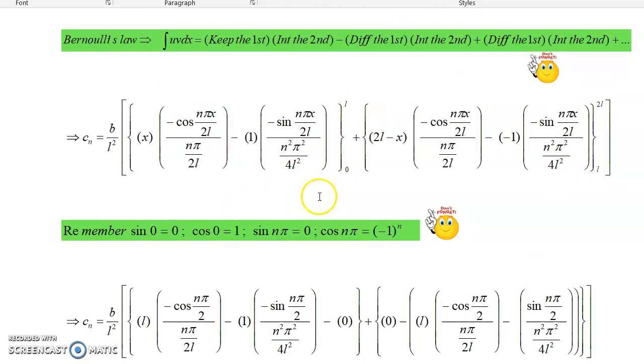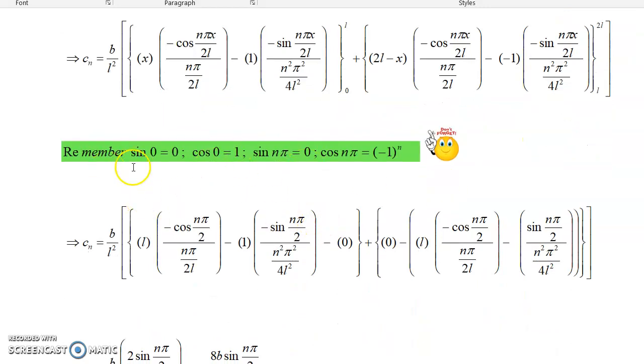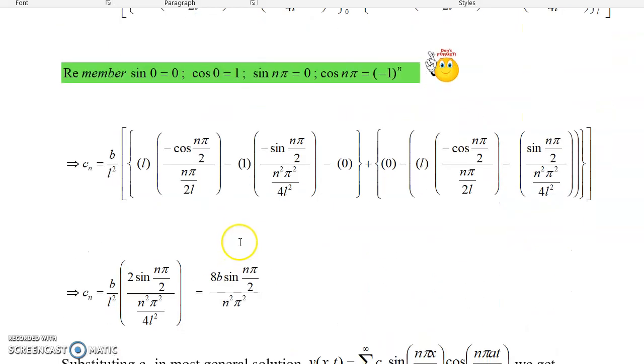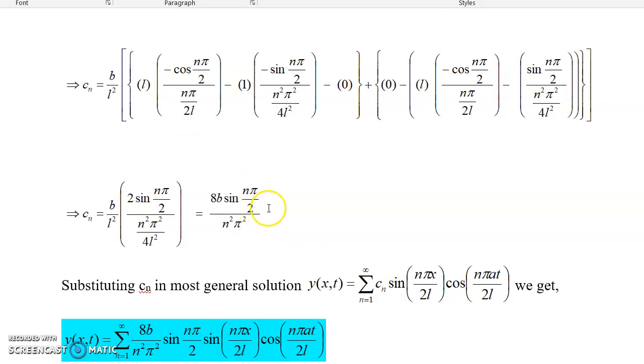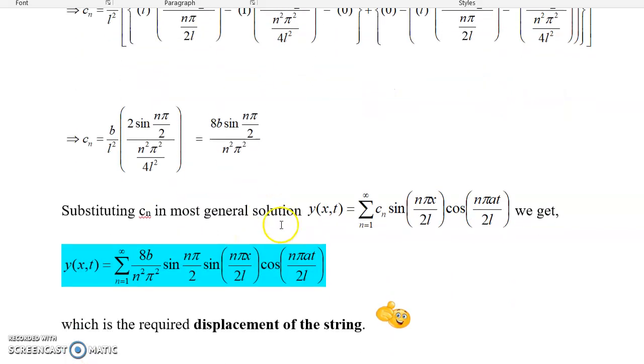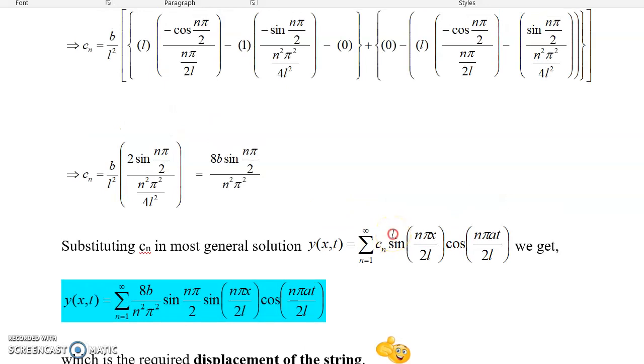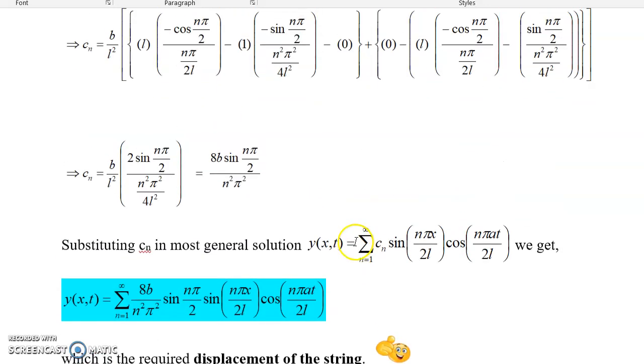First is 0 to L. Using these basic values of sine, cosine, everything, we can substitute the limits and we can get the answer for Cn like this: 8b sin n pi by 2 by n squared pi square. Now this answer of Cn we substitute in our most general solution, which gives the final answer of the displacement of